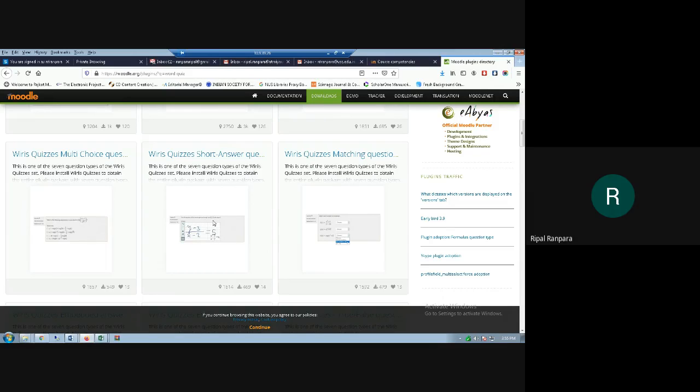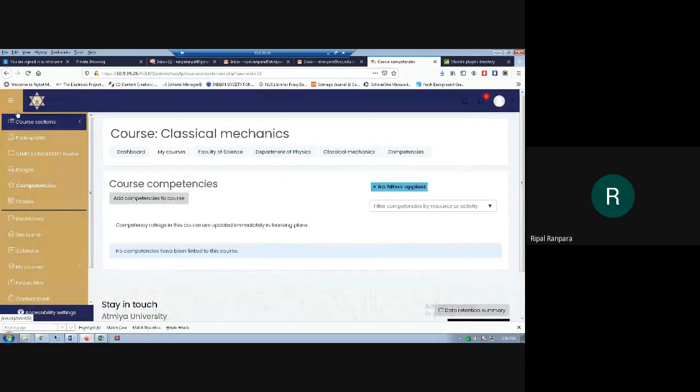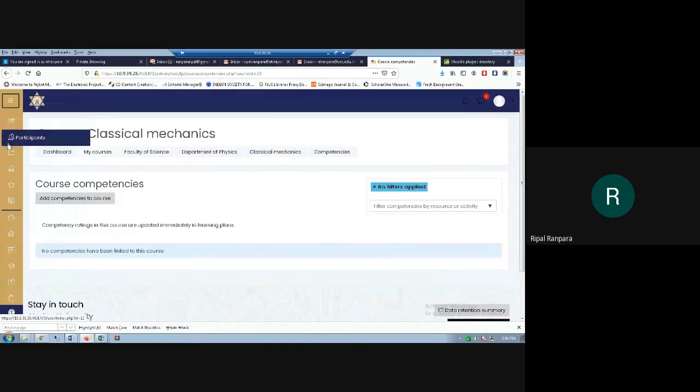Yeah, basically, while uploading a quiz in the form of a Word file, you will not be able to create interactive types of questions. That is the limitation. If you want to create interactive types of questions, you need to use the Moodle platform. Yes, so that's all from my side. I hope I could make it clear. Yeah. Any other thing? I wish to know, is this functionality useful for us as faculty? I just wanted to know what you think.